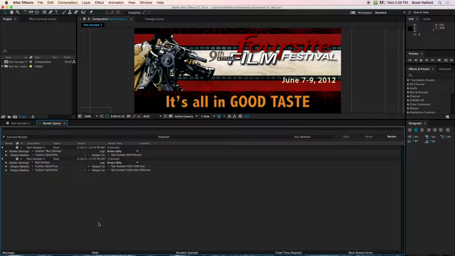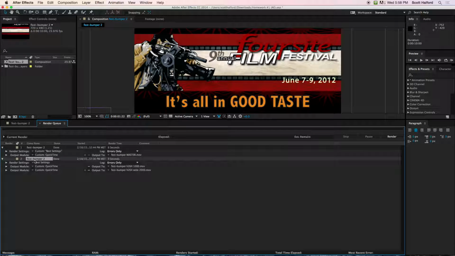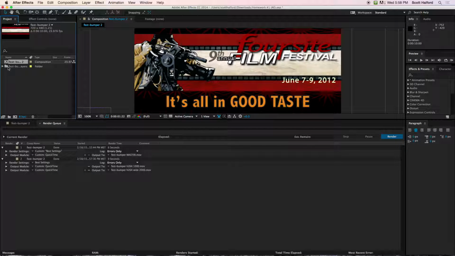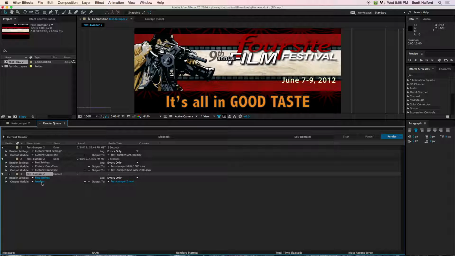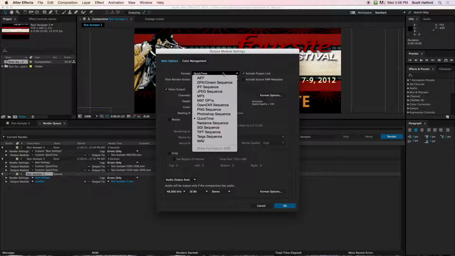Alright. Let's do another setting. I'm going to go up here. I'm going to add it again. You could also, if you wanted to, click on this and hit Command D and it'll duplicate it with all those same settings. So if I wanted to use those same settings again, I could now go based on those original settings. But since we're practicing the key command for adding this to the render queue, Command Control M, I'm going to do this again. So I'm going to go here, and instead of using QuickTime, I'm going to go straight to